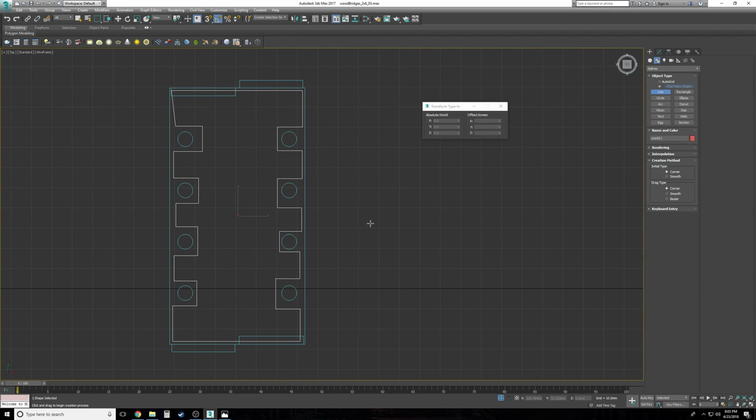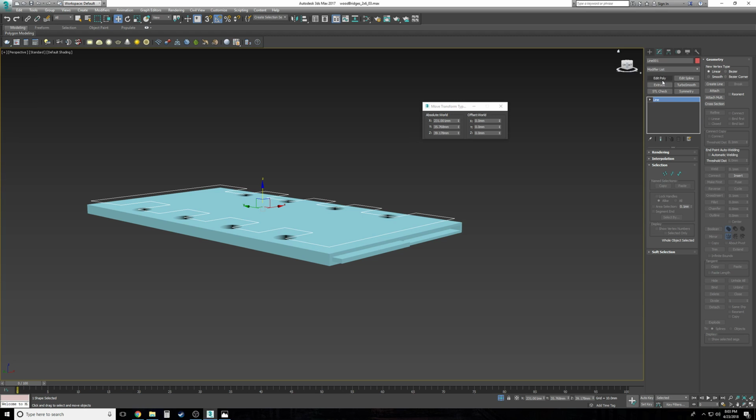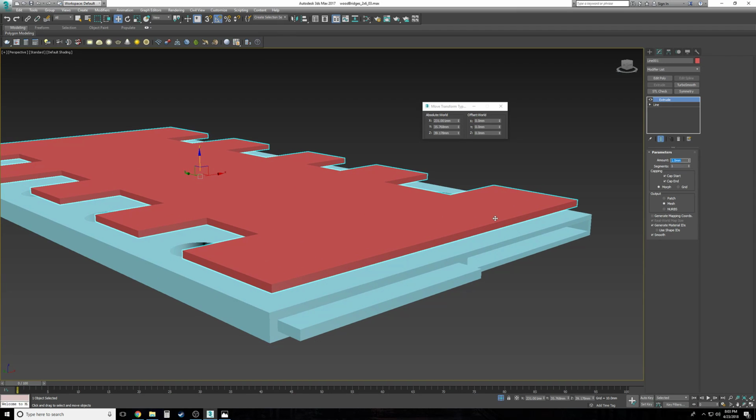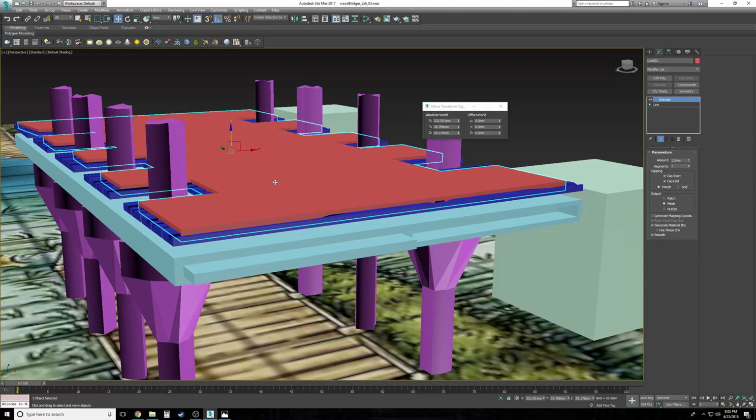Click close spline. And assuming I get those all lined up well enough, I don't want that, I want extrude. And I just want a 1 millimeter, 1.5. And this is going to go underneath,